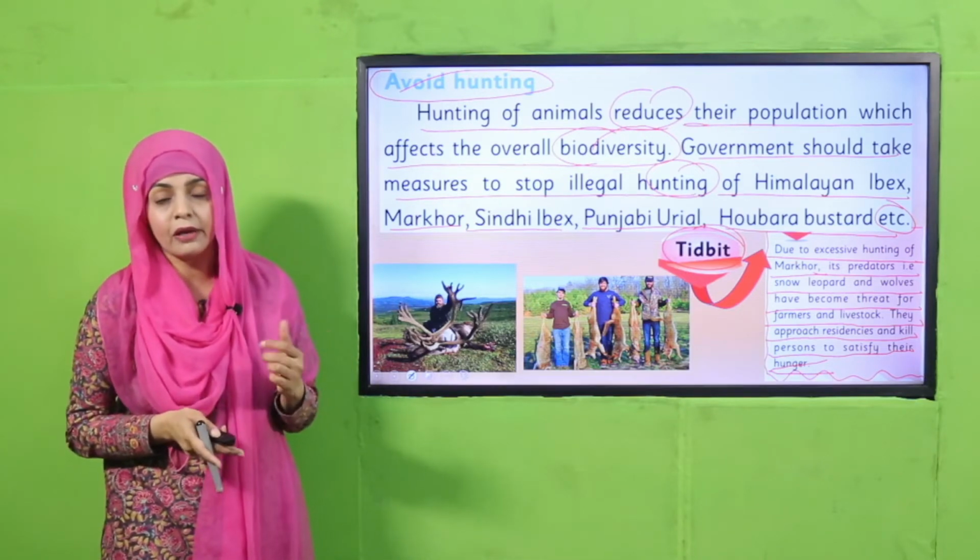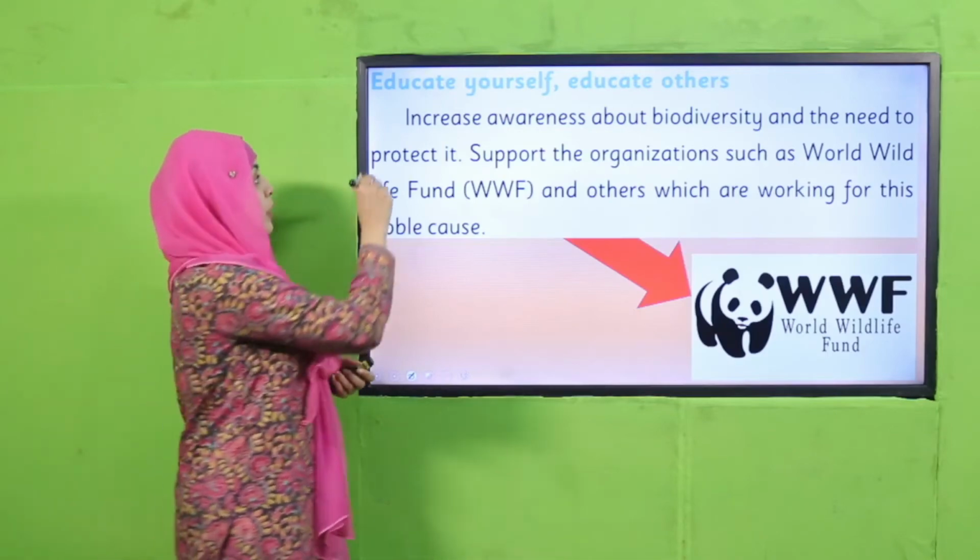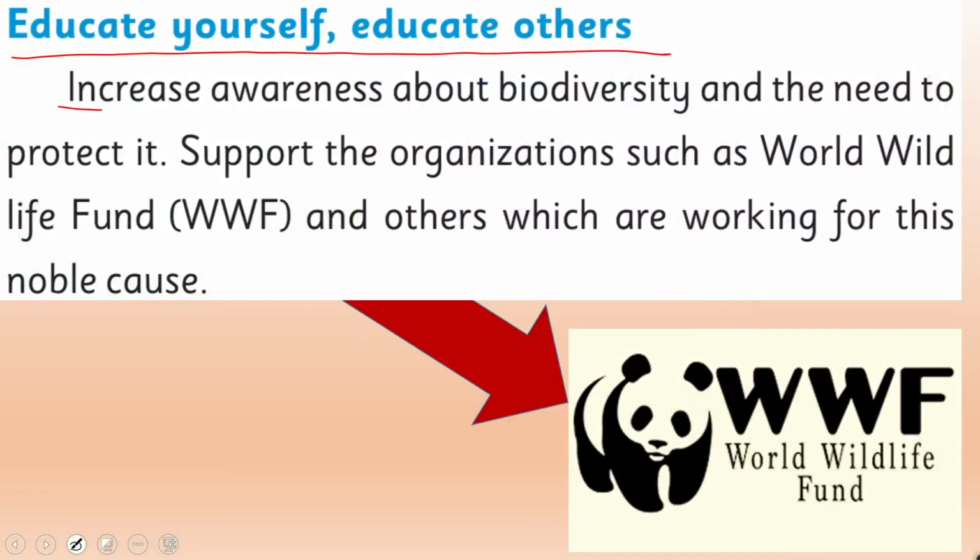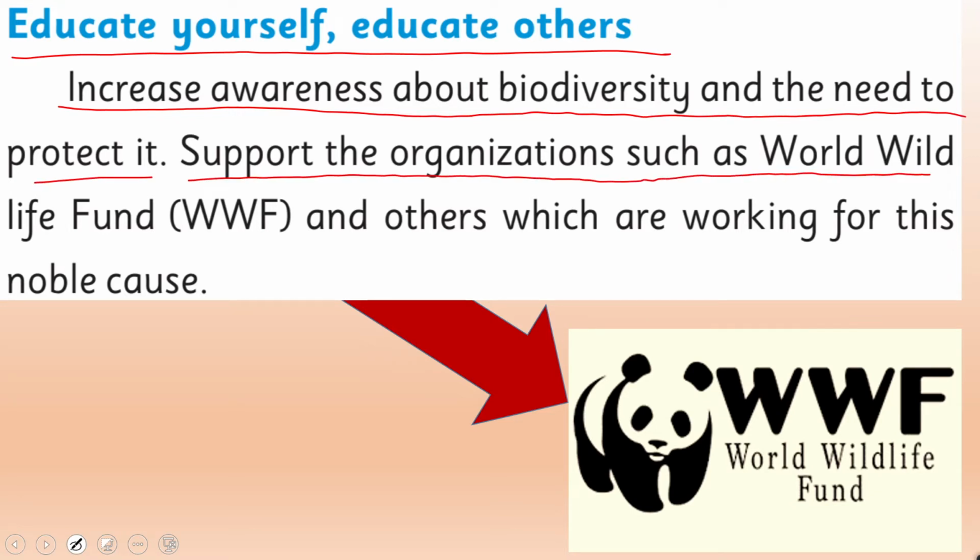So they are a threat to life. Educate yourself, educate others. Increase awareness about biodiversity and the need to protect it. Support the organizations such as World Wildlife Fund, which is known as WWF, and others which are working for this